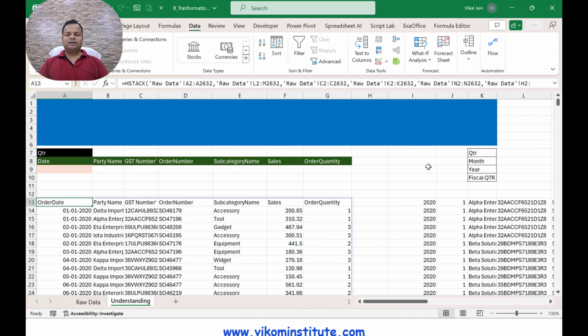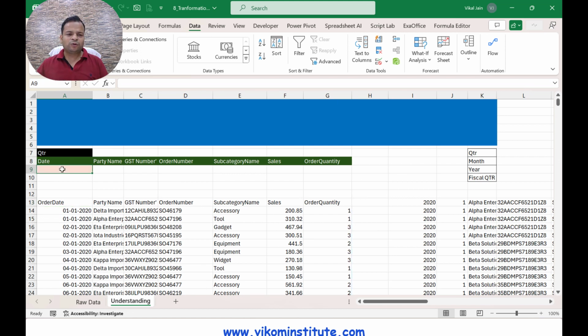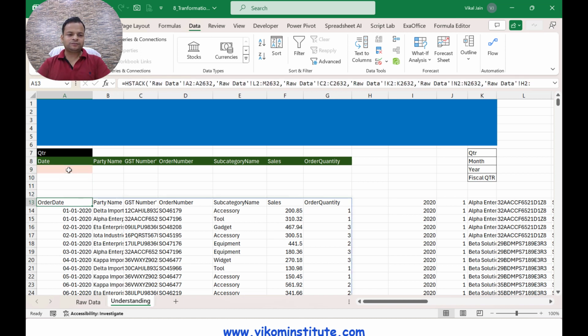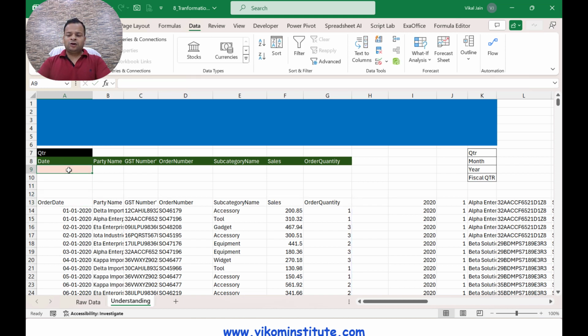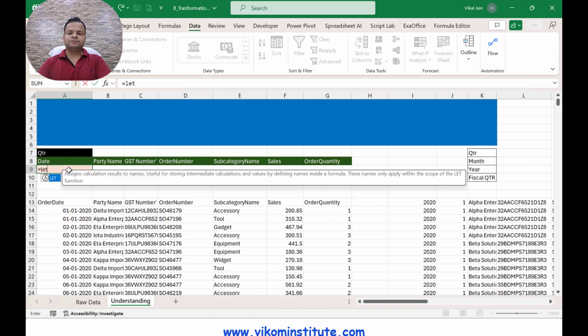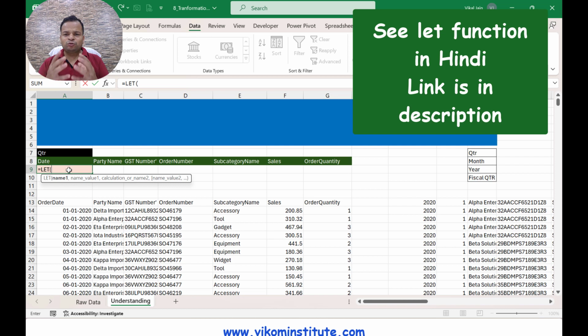Now what I will do is simply copy my formula and paste it in only a single cell. Now I'm going to use a function. Let's say here I'm going to use this one. Now I'm going to use the LET function. Why am I going to use LET?